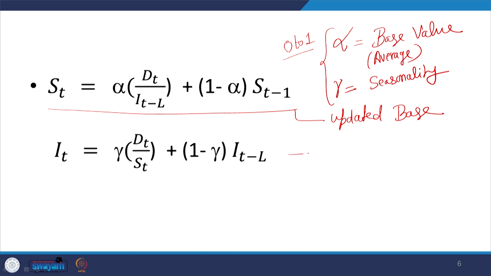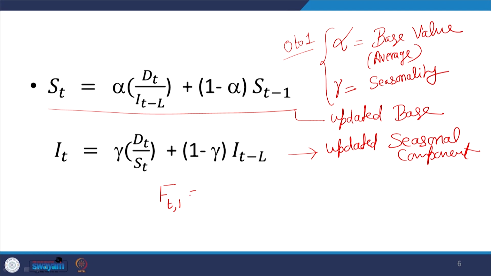This equation is for the updated seasonal component, and then we will use the value of the updated base and the appropriate, please see, not updated seasonal component. We will use it to forecast for the next period, by using ST plus, it is a case of